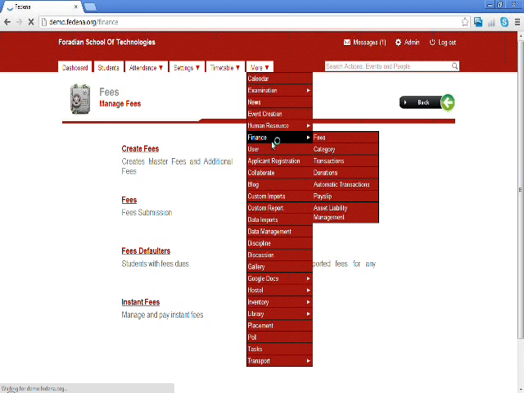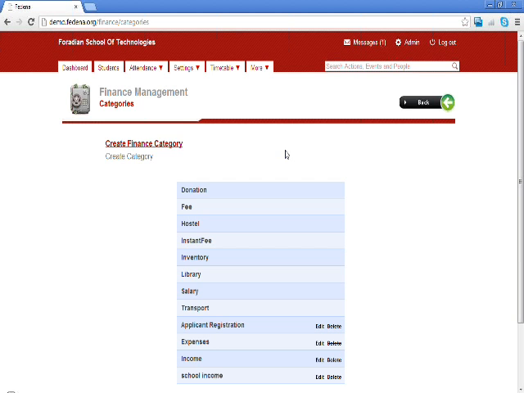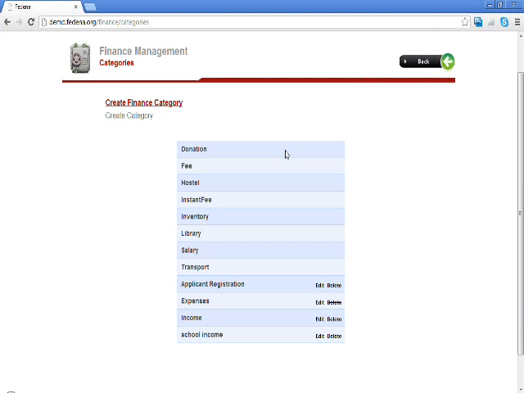The other options available in the finance section are categories. You get as many finance categories, like you can see donation fees, instant fees. These finance categories are set by default by the application, and the others are like expense, income, school income. And if you want to create any new finance categories, you can go for the option create finance